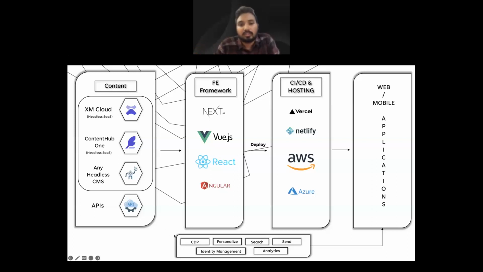And of course, now this is what we're going to talk about here, the composable stuff. So this makes the application part, but the application has different aspects, and then we'll have different products that provide different features to our application. So you have CDP, personalized search, send, and identity management, even Auth0 or Azure B2C, because now they have also moved to an